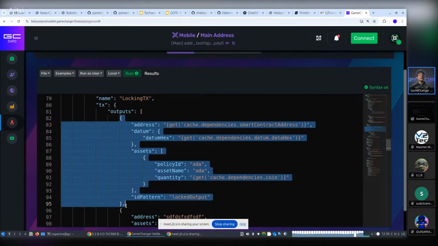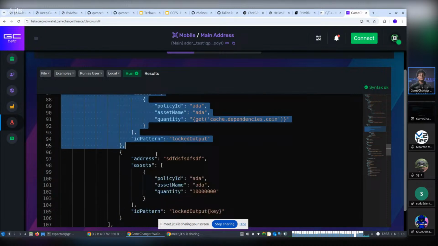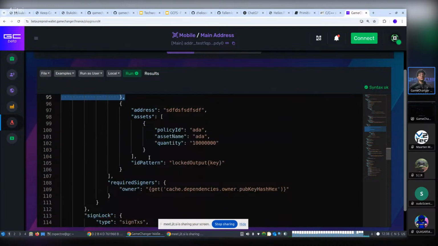This will be the item with index 0 in your outputs definitions. This will be the 1. And if you use key or index, for example, this will be replaced by that, right? So here is how you automate creating